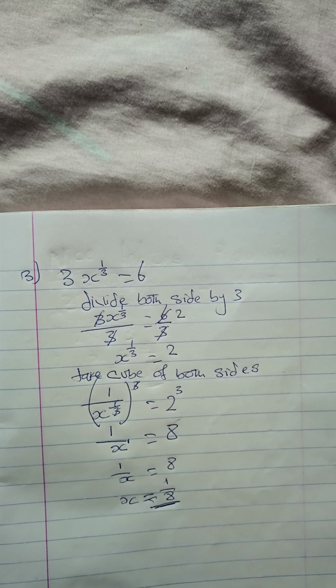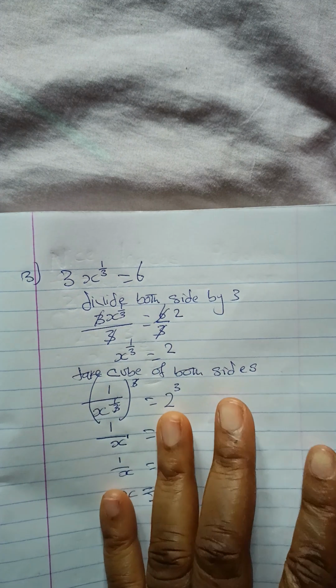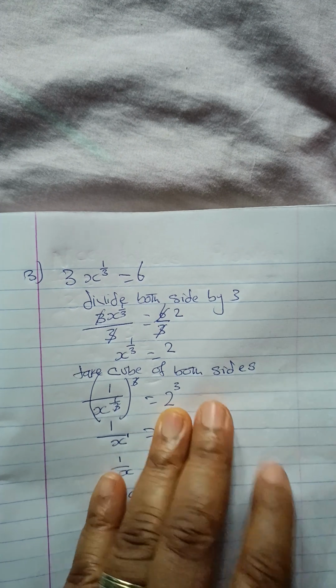So this is it. Now let's solve the last one. Please, if you get confused anywhere, try to watch it again so you can understand better. So the last one, which is number 4. So number 4 says